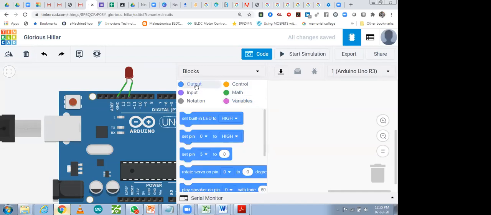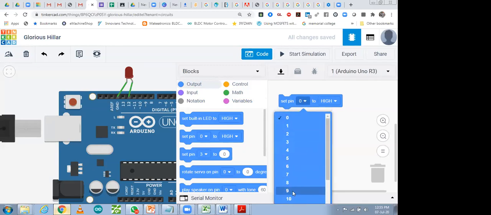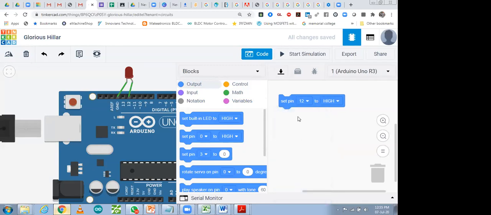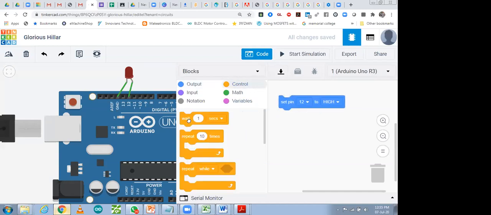So I'm going into output. You can take any pin, that is a digital pin. Select that pin, pin number 12. So that is a digital pin, and you are going to give digital output, that will be high and low. Over here I'm going to add some delay. Take this delay, and after that you can duplicate it. So this one is the high and low command for this LED. That is for one LED.